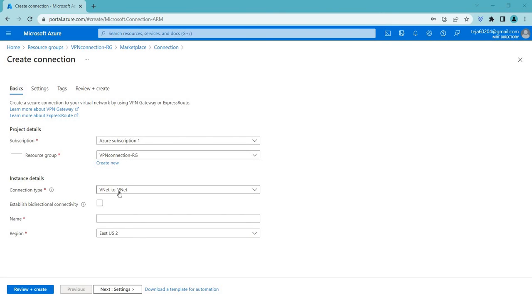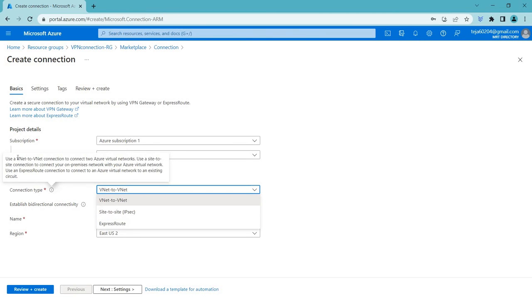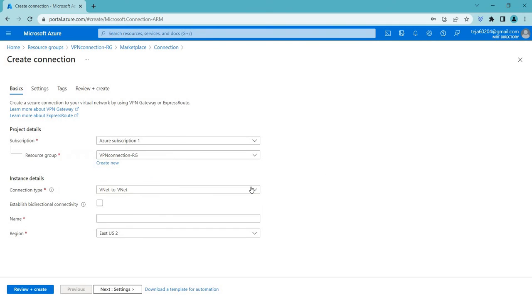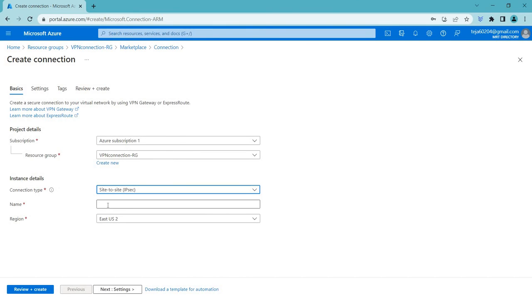So it's the Azure subscription, VNet to VNet. You can see we have different connection types here. If you read about it, use VNet-to-VNet connection to connect Azure virtual networks. Use site-to-site to connect your on-premises network with your Azure virtual network. Use ExpressRoute connection to connect your Azure virtual networks to an existing circuit. Since we are dealing with our on-premises network, we will be using site-to-site, which is the second option, and you can give the name here. Just add it as VNet 1 to site 1,